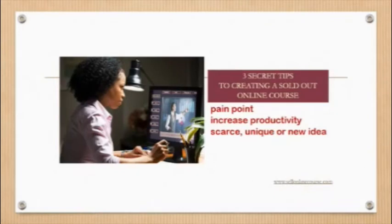Developing a course is fundamental. You are impacting knowledge as an instructor. That is good. But what will make your course stand out? What will make your course in high demand? What will make your course not be like something that anybody can go online and download or go on Google and learn for free are these that I've shared with you. You have to be an insider into that very niche that you're talking about and provide a relevant solution. Identify their pain points, identify what can increase productivity,